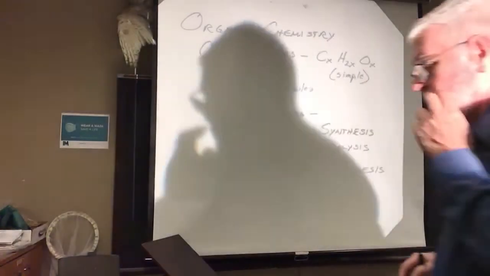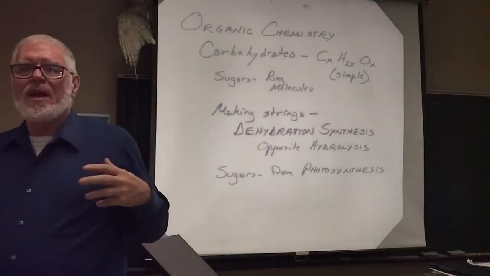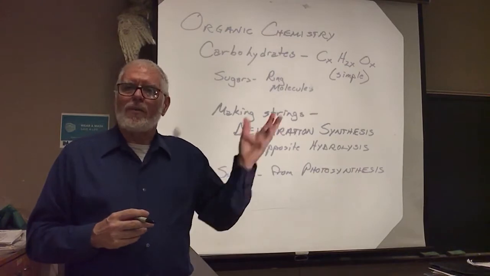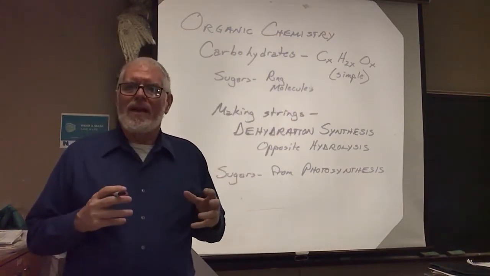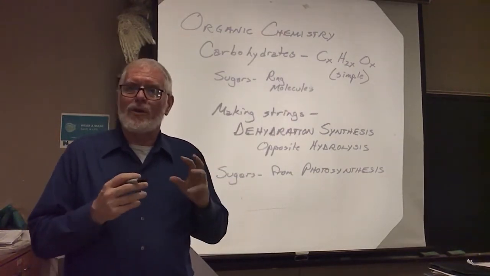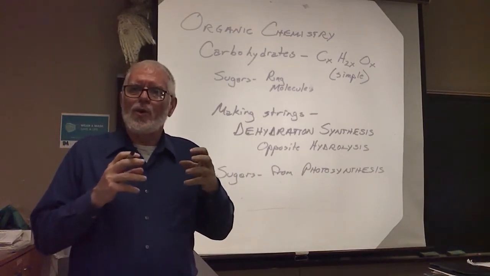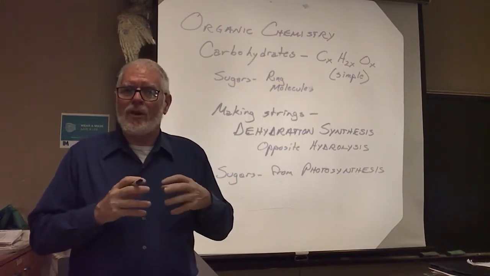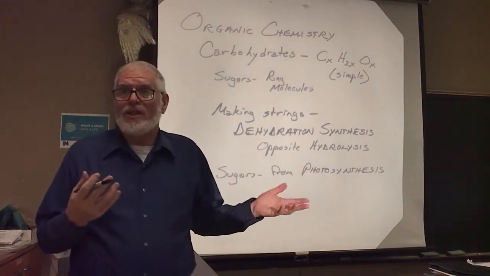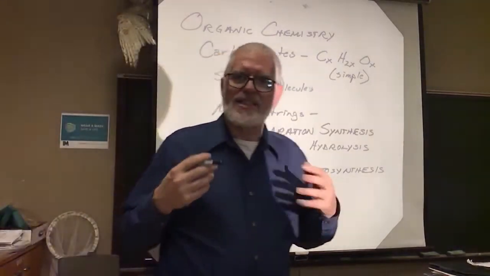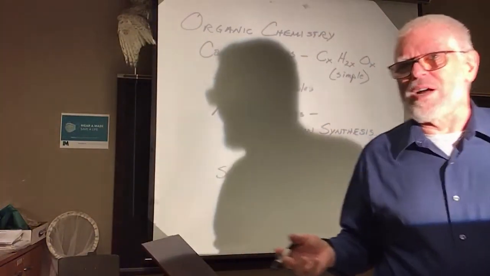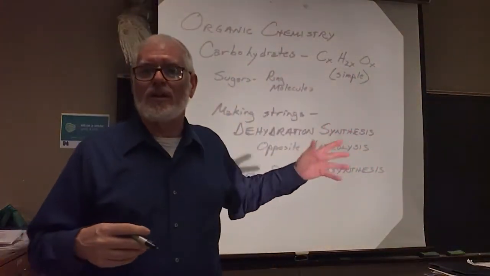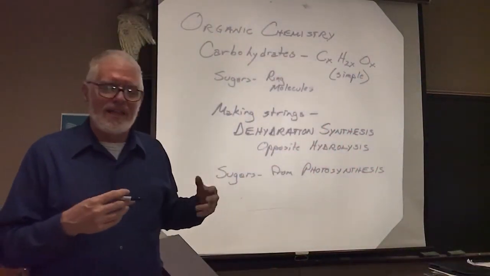Most of the sugars in the world you can trace back to plants making them. They take carbon dioxide out of the air and water from the ground, and they slam the carbons together using light energy to make them stick. The energy from the light becomes the energy that holds the carbons together, and that's photosynthesis. They're making sugars, and that's ultimately where most of the fuel in the world comes from, because these sugar molecules are going to be fuel. We talked about that in the very first chapter.